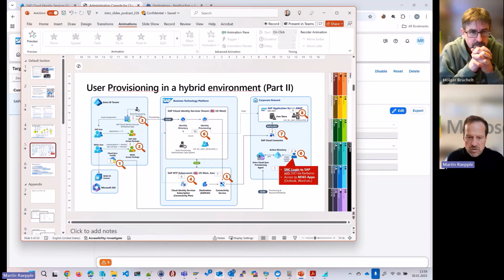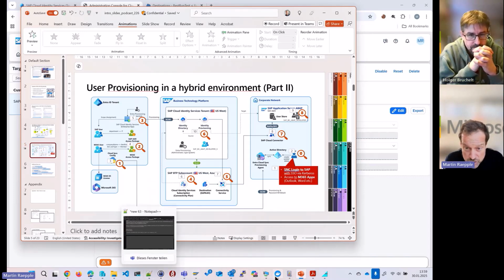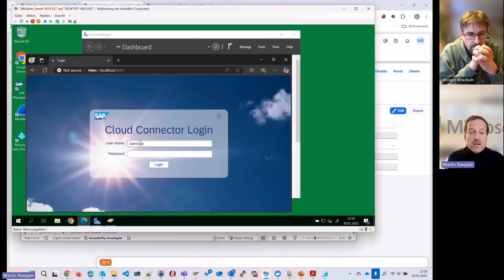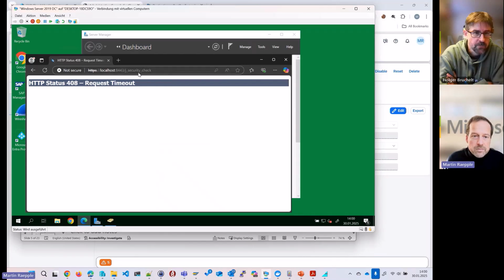We can quickly take a look at the Cloud Connector, which is running here locally on my machine. Yeah, here we go. Administrator. Oh, okay, too long.